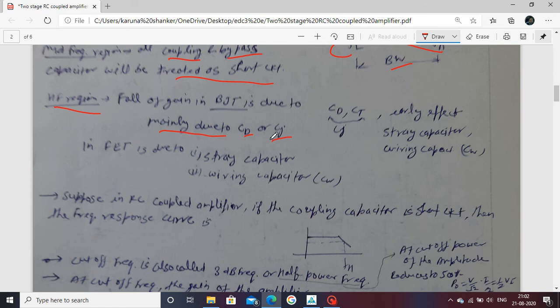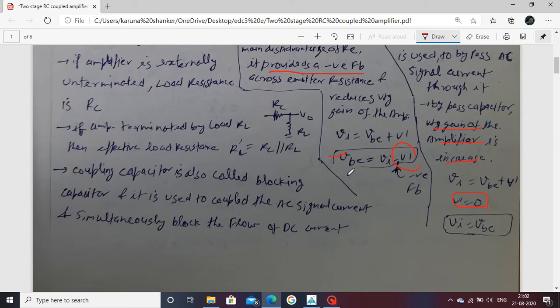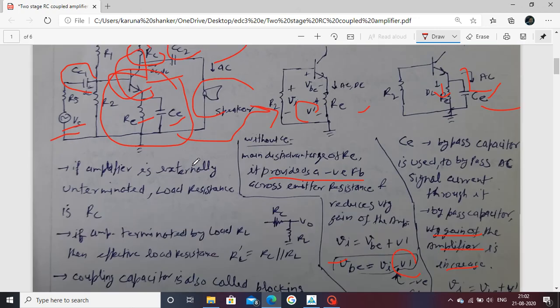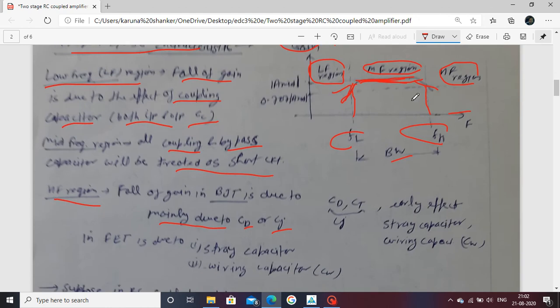The fall of gain in a BJT is due to diffusion capacitance and junction capacitance. If we use a FET in place of a BJT, what happens in the higher frequency region? The gain of the FET decreases in the higher frequency region due to stray capacitance